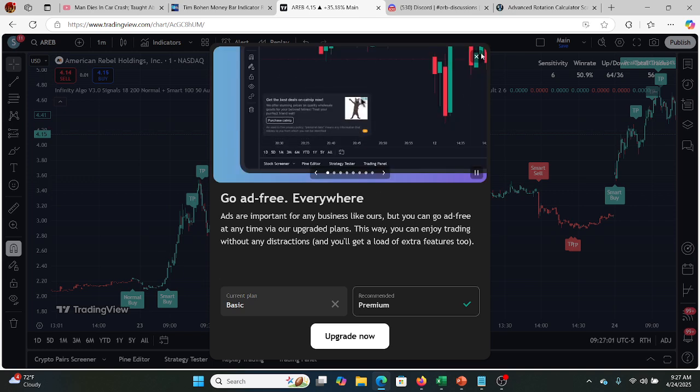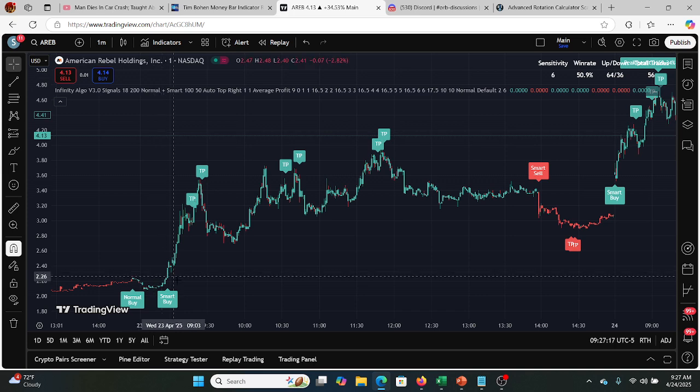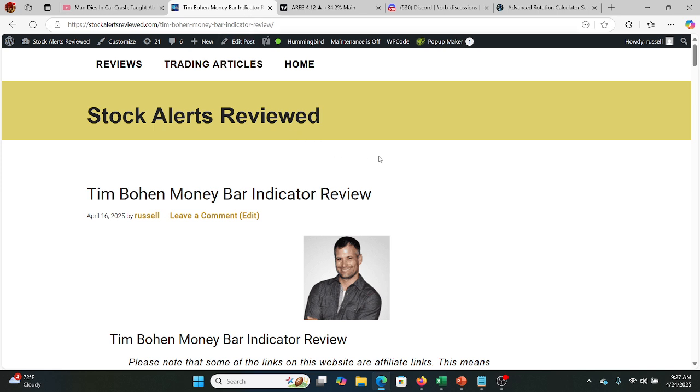When I first looked at this, and again, I mentioned this previously in yesterday's video, where I was talking about my three top algos, one of which is this one, Infinity Algo, that we're looking at. And the second one that I talked about was the money bar indicator. And so combining the two could be really cool. So the float rotation is already really high back here on AREB. And again, a signal coming in from Infinity Algo. Bang. So the money bar is really a tool, an indicator you can add to your war chest